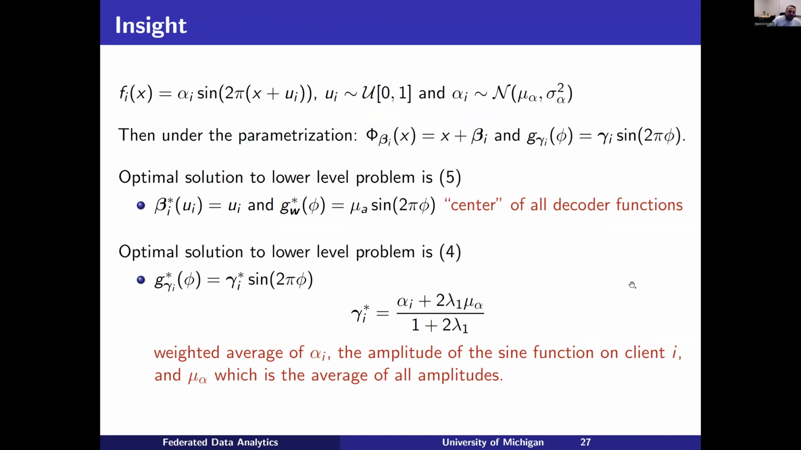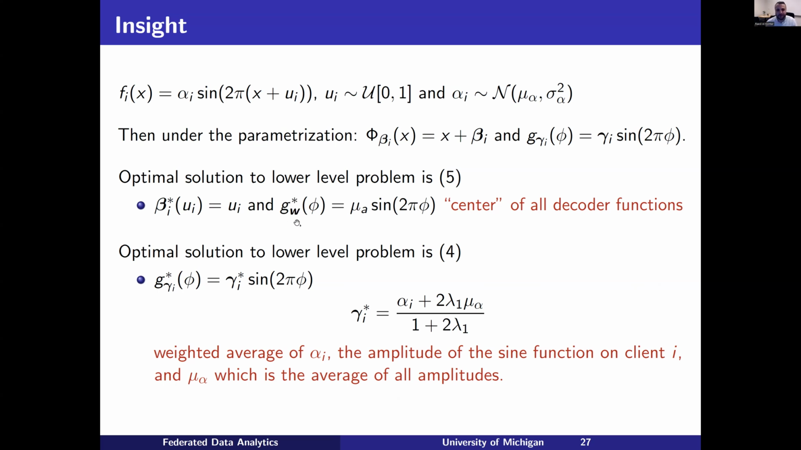And one interesting thing is if we revisit the initial example, and we assume that all the functions are generated by U uniform on 0, 1, alpha normal with mean mu alpha, and the sinusoidal functions, so those are sinusoidal functions with phase shifts. If we parameterize the model correctly, so we parameterize X as having just this phase shift, and the decoder as being a sinusoidal function, we can actually show that the optimal single decoder